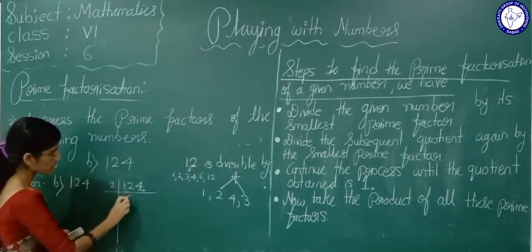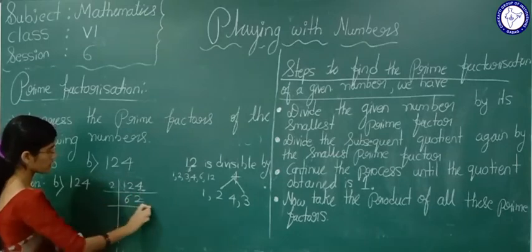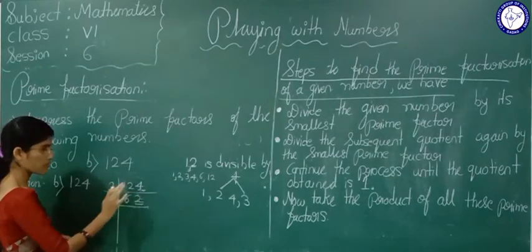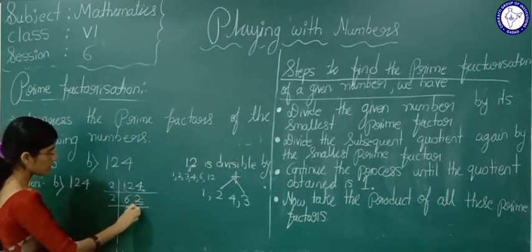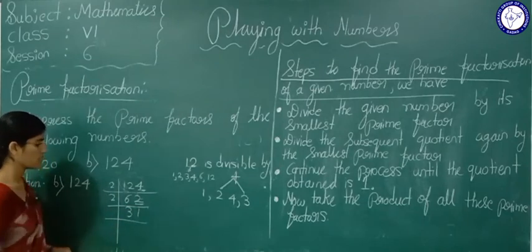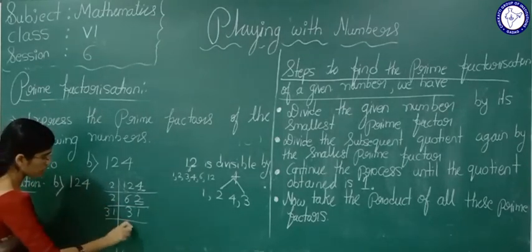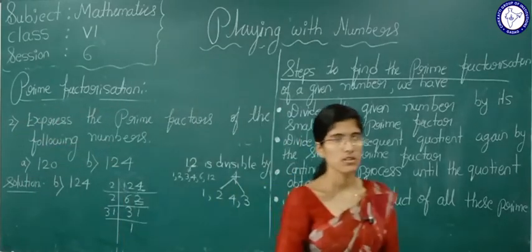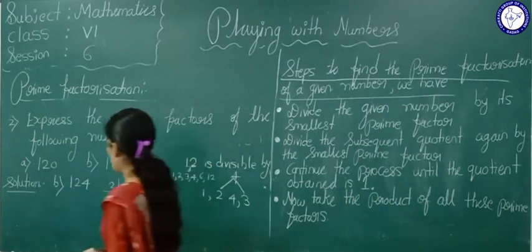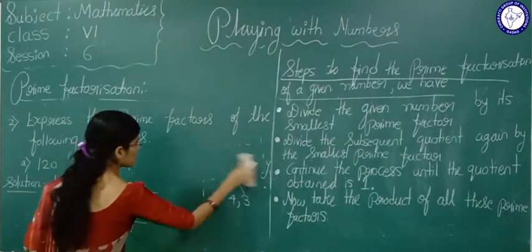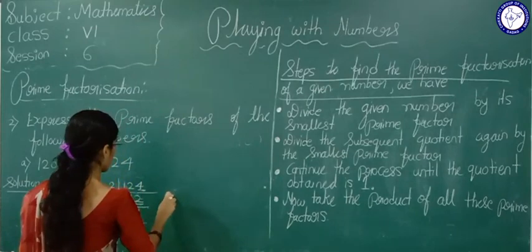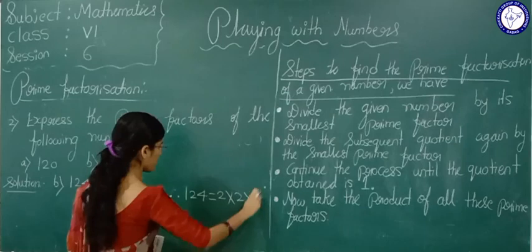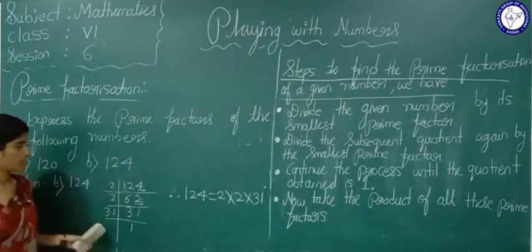Now see 2 6s are 12, 2 2s are 4. Okay. Again here in units place 2 is there means definitely this number is divisible by 2. Right? 2 3s are 6, 2 1s are 2. Now 31. So 31 1s are 31. 31 is a prime factor. Yes or no? 31. Now see therefore 124 can be written as, therefore 124 is equal to 2 multiplied by 2 multiplied by 31. So this is about the B1.